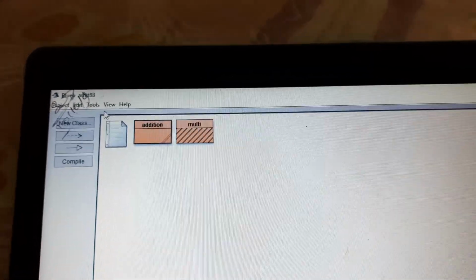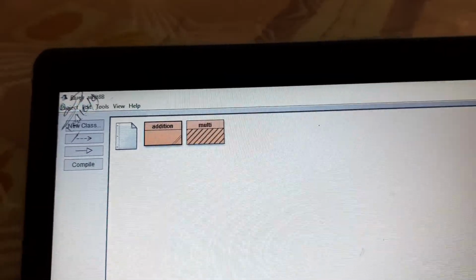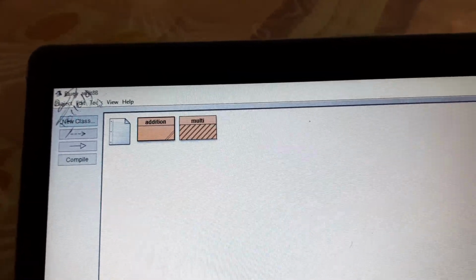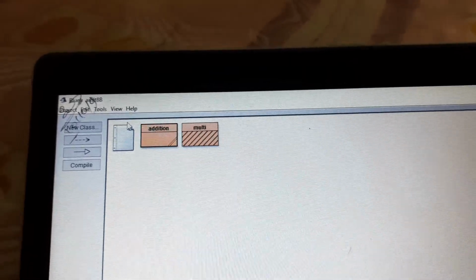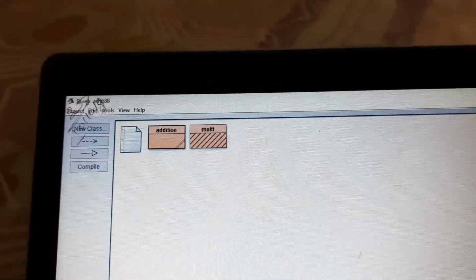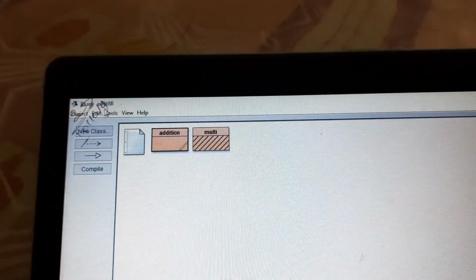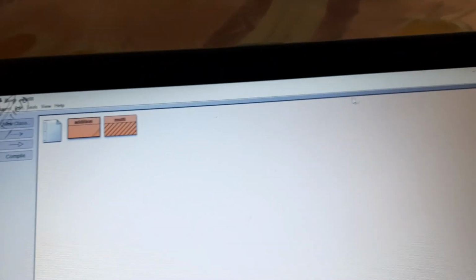So the advantage of creating a new project is, whatever program you do, that will always be done in your folder or the new project. Okay, so after this, suppose you are going to close it. So I am going to close it.